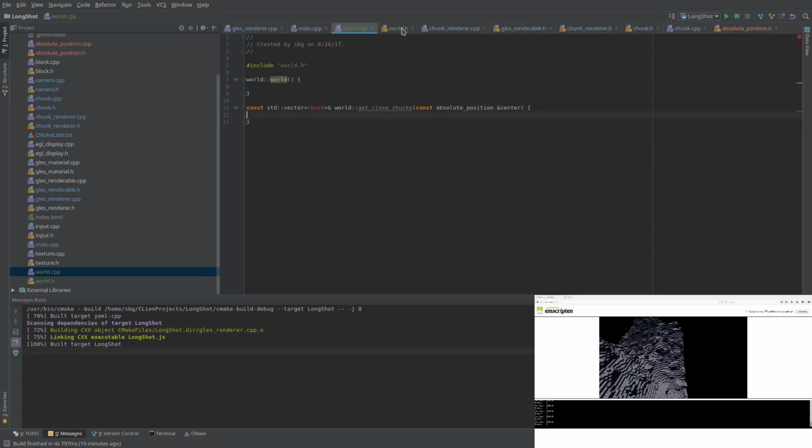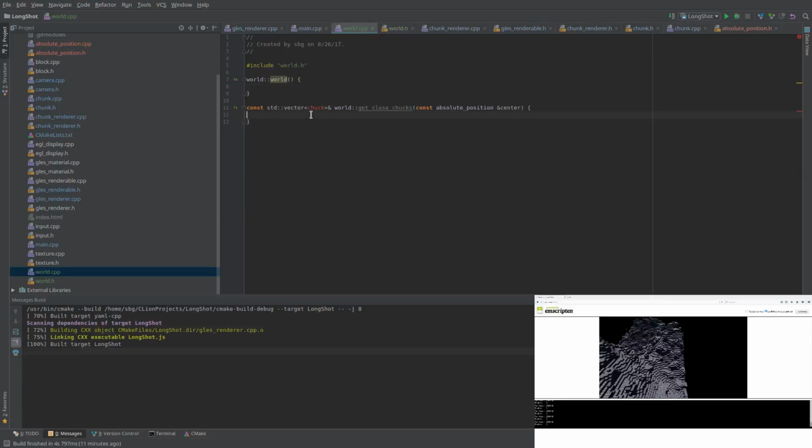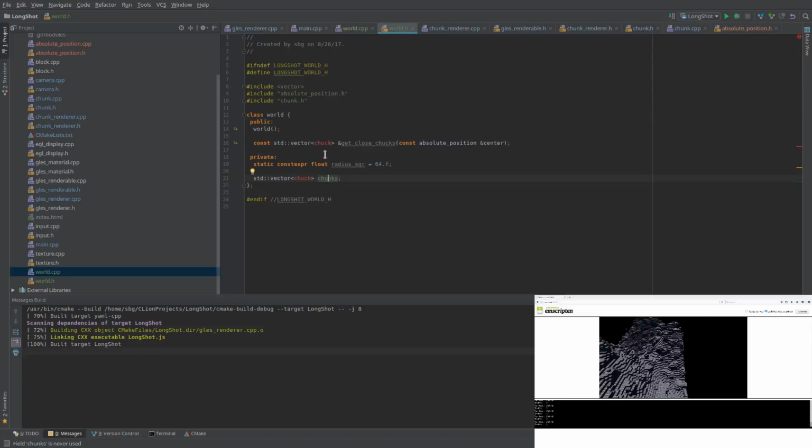So yeah, what we have is some chunks, which we can get a relative position on. We can then try and figure out how close they are. We can remove the ones we don't want, and we can probably add ones we need. So what I think we should start by doing is we should probably have sort of